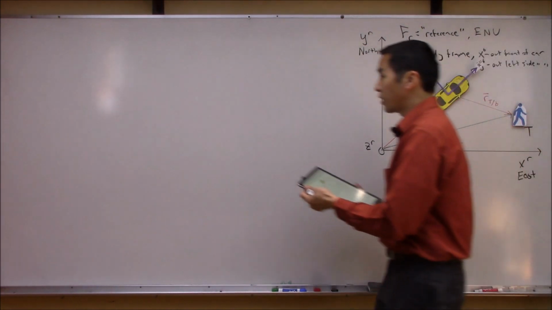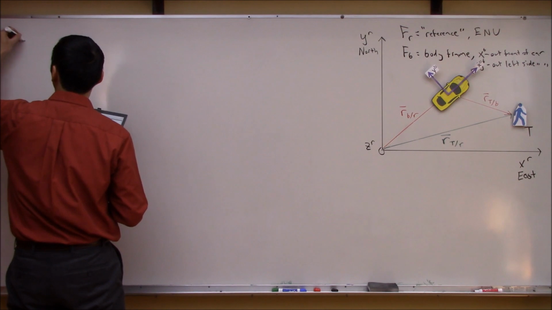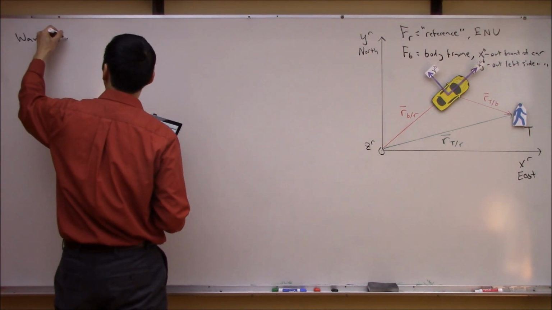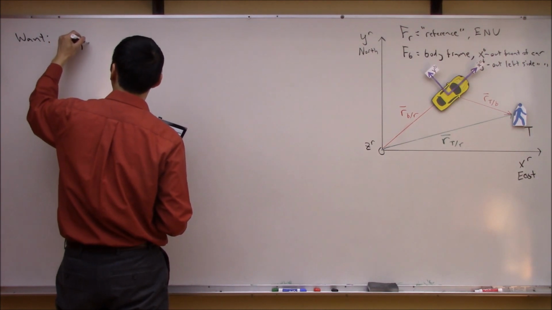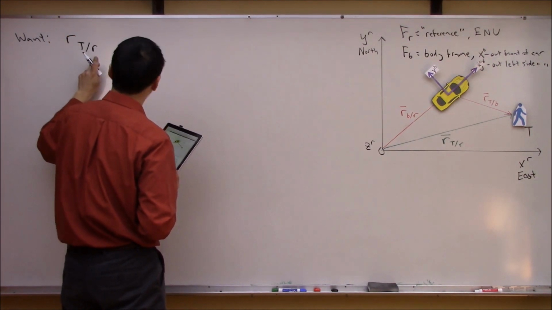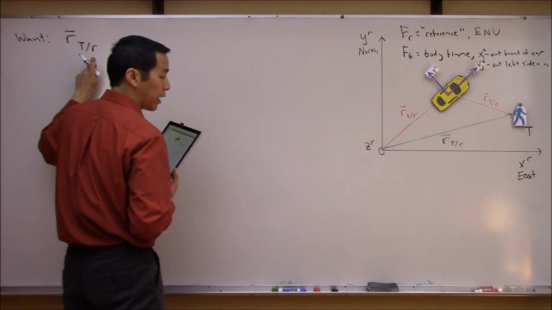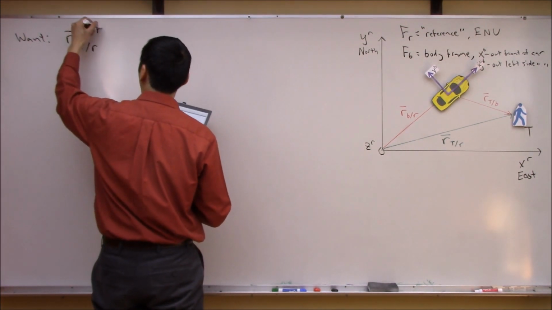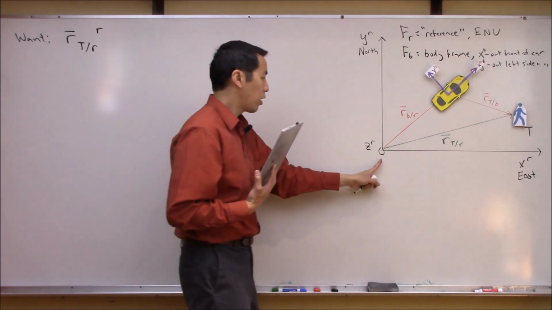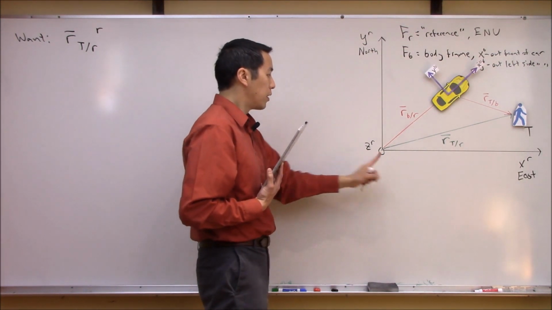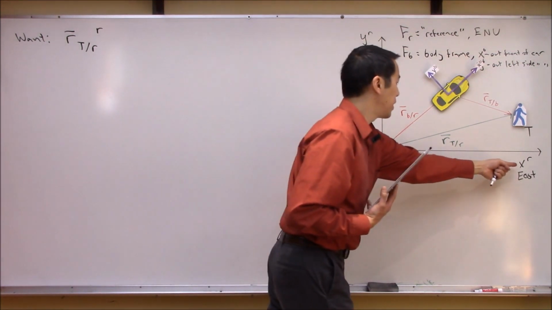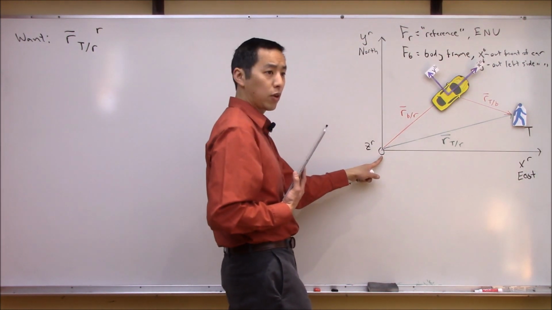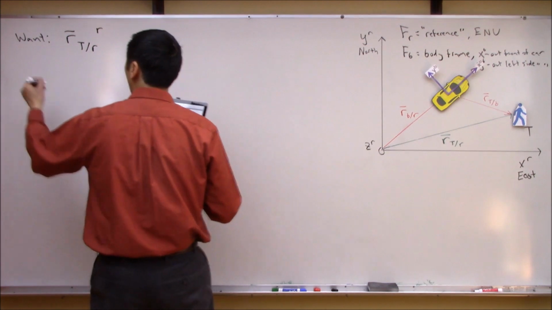So let's write that down. What we want here is, if you think about this long enough, I want to get the position of the pedestrian with respect to the origin of the reference frame, from where we left, and I want this expressed in the R frame. Here's where the car left. How far east is the pedestrian and how far north is the pedestrian from the base of the origin? And now what you're given,